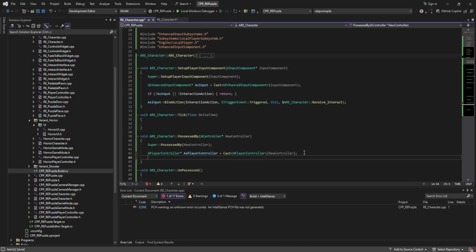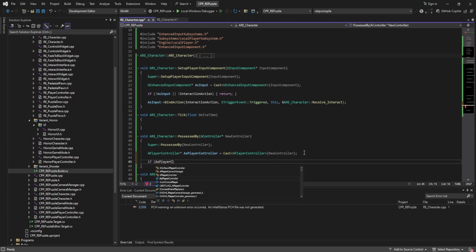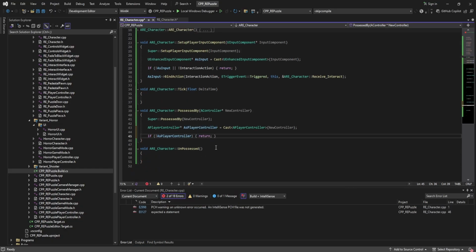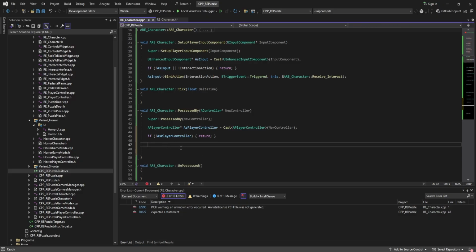Next, we're going to say if that doesn't work, we can't do anything. So we ignore it. So we're going to say if this is invalid, so AsPlayerController, if it is not valid, just return. And there's going to be quite a few of these checks. So what we're going to do next is we need our enhanced input. We need some information about that. So we're going to say if enhanced